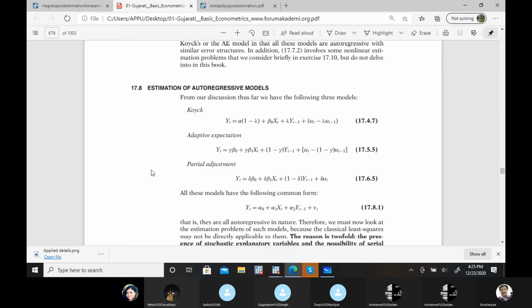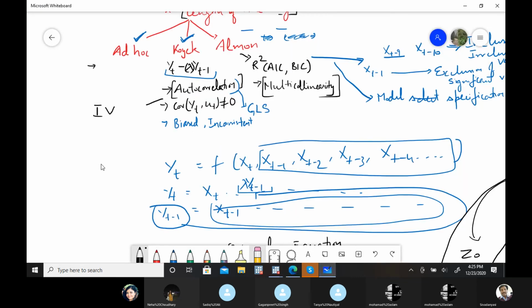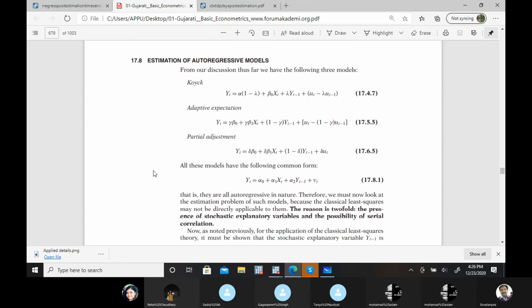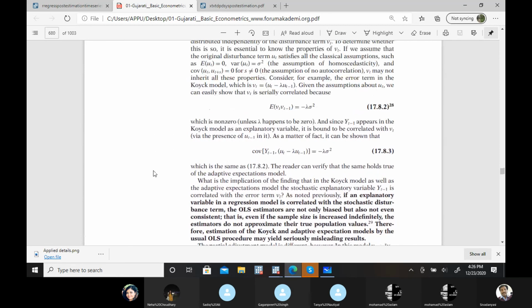There are many answers to this particular instrumental variable, but the most common is this: we need an instrument variable for y t minus 1. It is the first thing, because this y t minus 1 is creating a problem. Its covariance is not 0. It's correlated with the residual term, and the residual term has autocorrelation. These two problems.